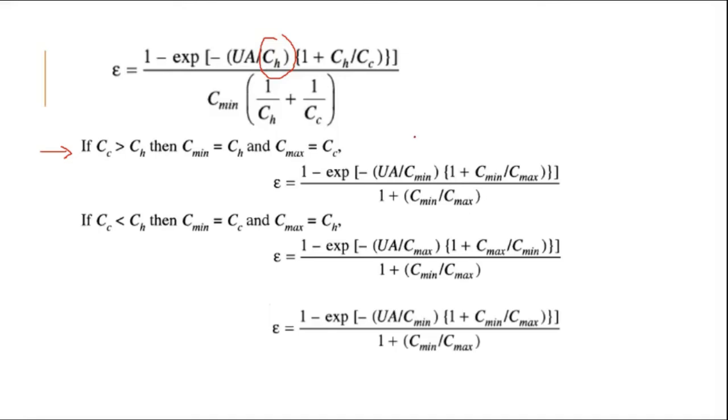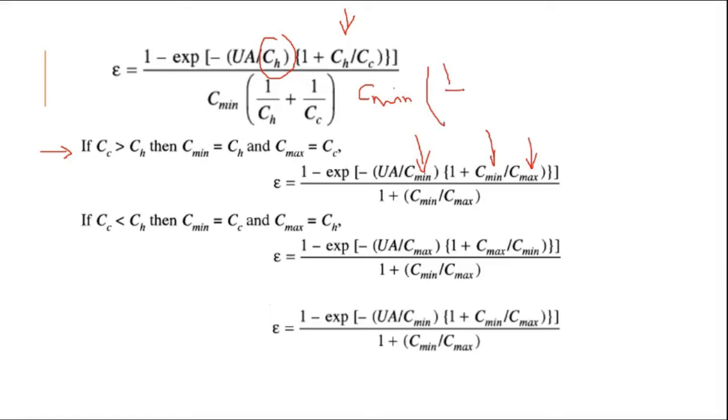Cmin. So we are substituting CH equal to Cmin. We get 1 minus exponential of minus UA by Cmin whole multiplied by 1 plus CH by CC. Now CH is Cmin and CC is Cmax. So we are writing 1 minus exponential minus UA by Cmin multiplied by 1 plus Cmin by Cmax whole divided by, now see what we have over here. We have Cmin